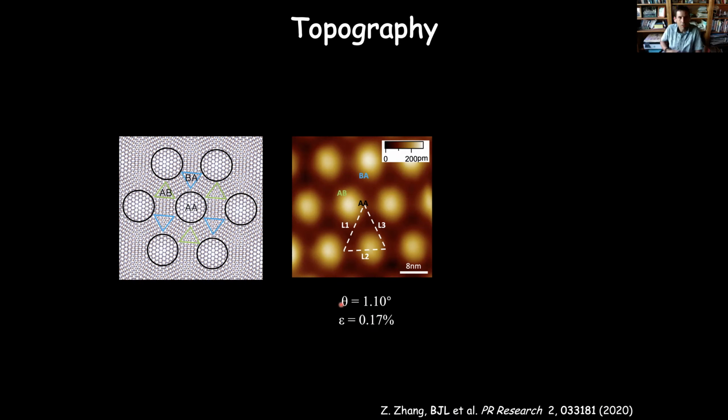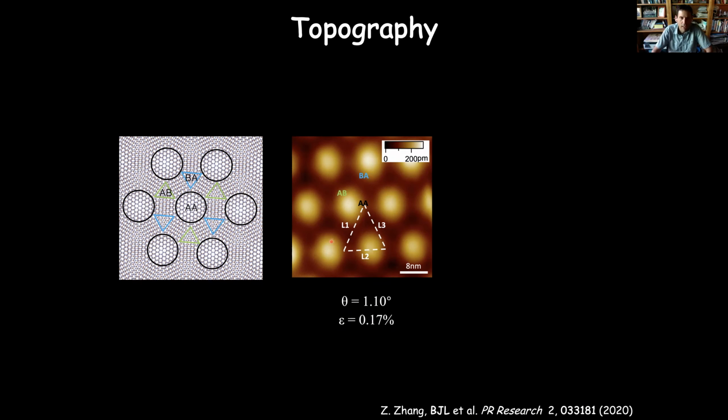And so someone asked earlier about the disorder in these Moiré patterns. Here, these are very sensitive to disorder. As you move through the sample, you'll often see this angle change from, say, 1 degree, 1.1, 1.2, et cetera. And you'll also see strain can develop. That's coming from how these structures are made by tearing this graphene and putting it on top of each other. And so these types of moirés are much more sensitive to twist angle variations and strain than you see on the graphene on boron nitride. So that's what the topography looks like.